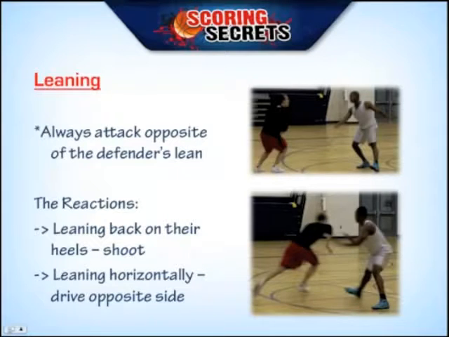And the way you make them lean is through various jab steps. If you're jabbing to the right, they're going to lean to the right, and then you're going to attack to the left. If you jab to the left, they're going to lean to the left, you go to the right. If you pump fake, they'll lean forward or even jump sometimes, right? If you pump fake,